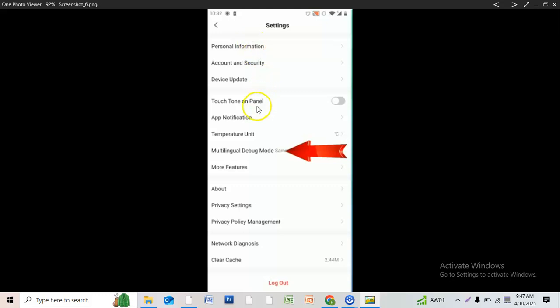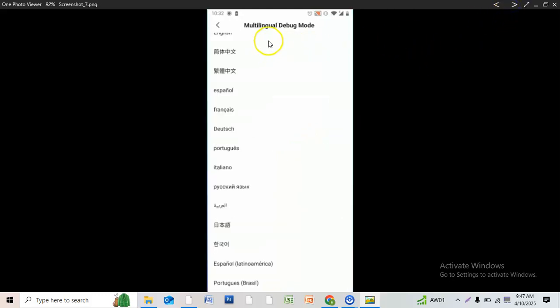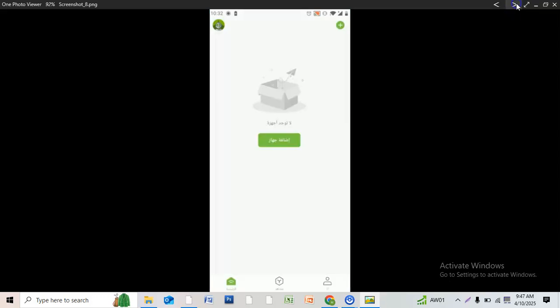Now here you will see a bunch of options. From here you will see Multilingual Debug Mode. Then you will see a bunch of languages. Select your preferred language. Now it will be changed to your selected language, and if you want to change it again, then follow these steps again and it will be changed